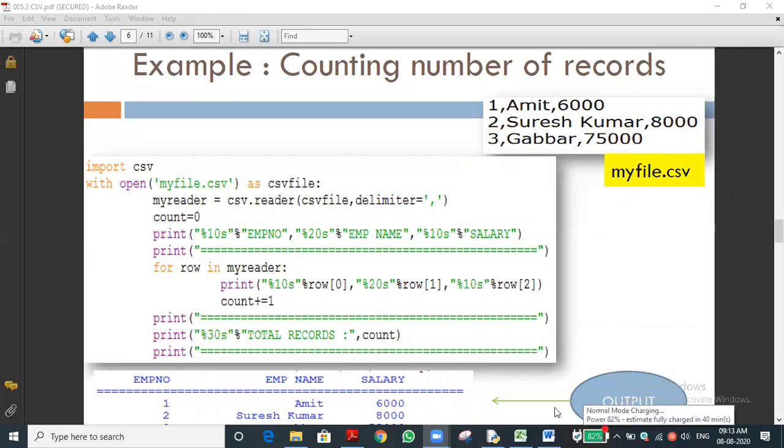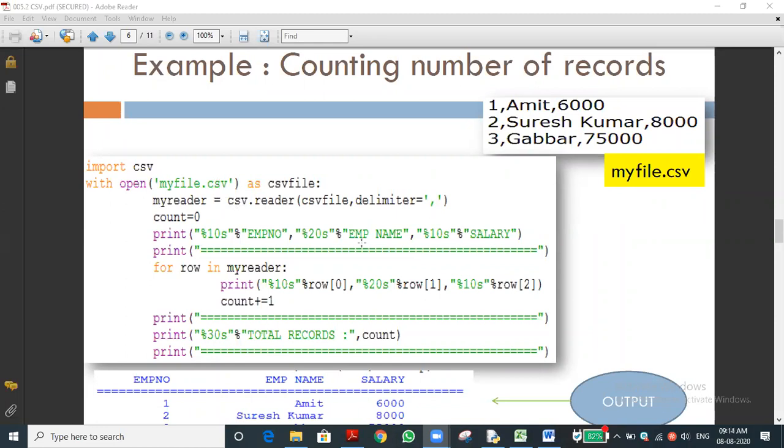Yeah, Selvaram, you please proceed. First, we are importing the CSV module. Very good. We are opening myfile.csv as the file handle csvfile. Which mode do we open? We already discussed. If we didn't mention the mode, which mode?